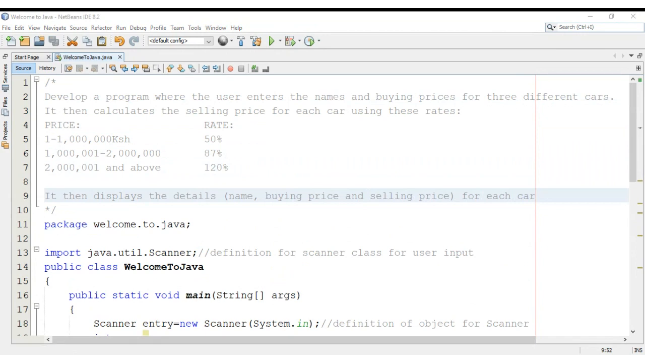A program where the user enters the names and buying prices for 3 different cars. So the user enters just the names of cars and their buying price. Basically, the program is supposed to calculate the selling price of each car. So when you enter the buying price, after you entered all the three buying prices,